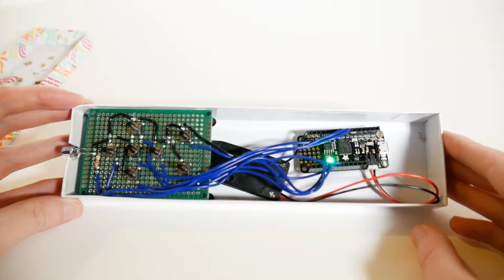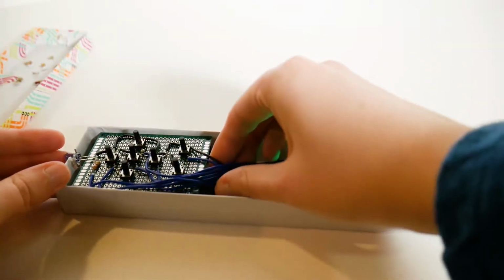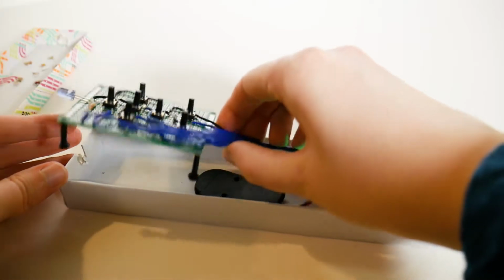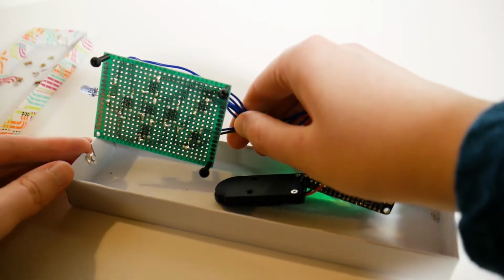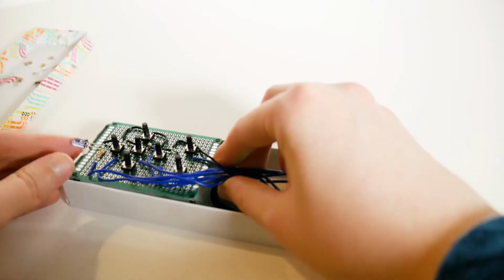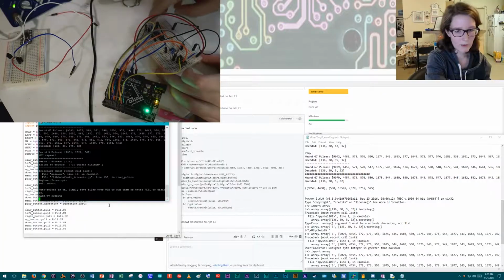So to send IR data, you need an infrared LED. That's what IR stands for. So you just put that up at the front, wire up all the buttons, and you're basically in business once you've decoded that data. And I'll have a full write-up on Hackster.io on exactly how you decode that data